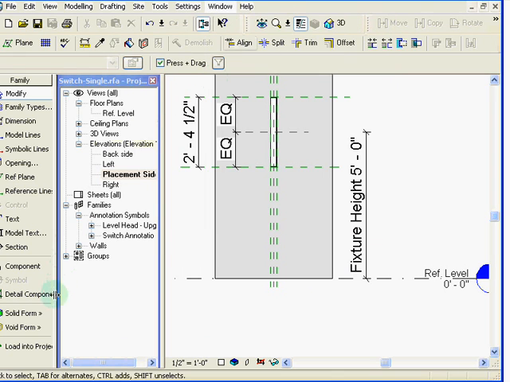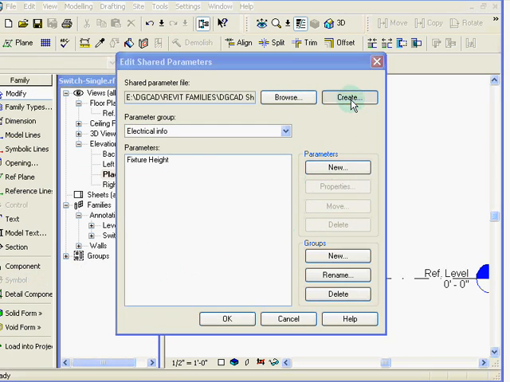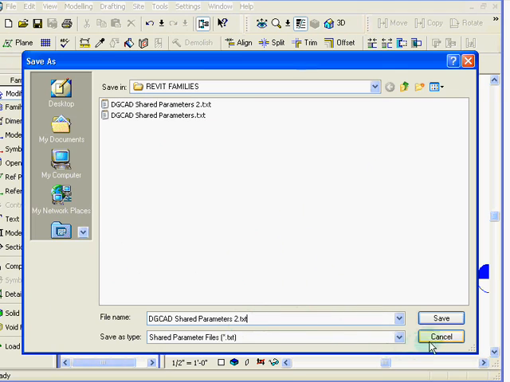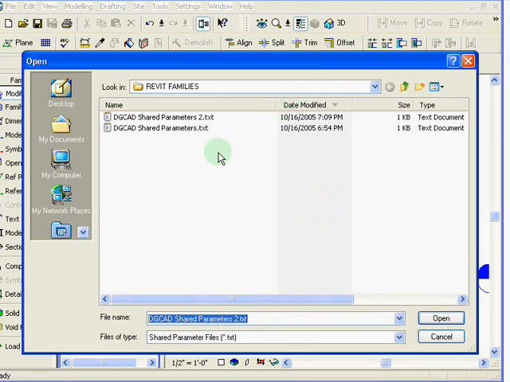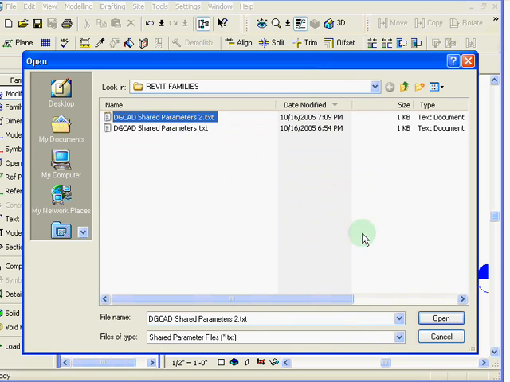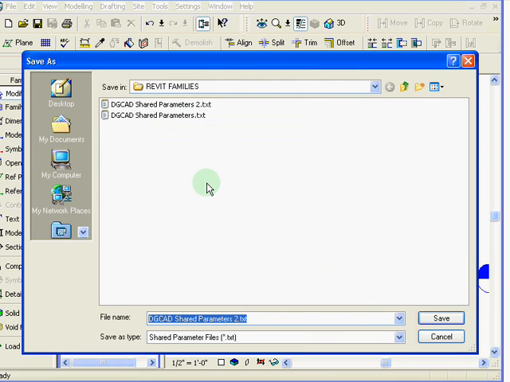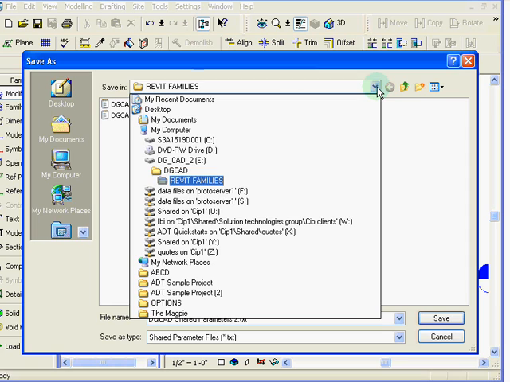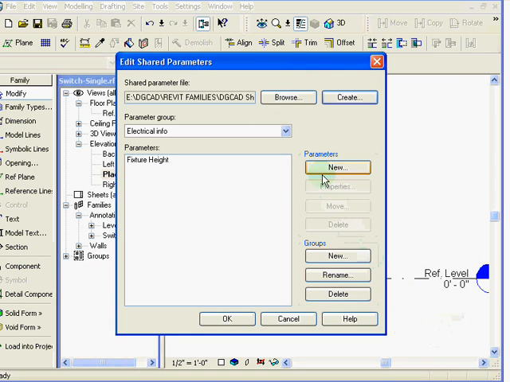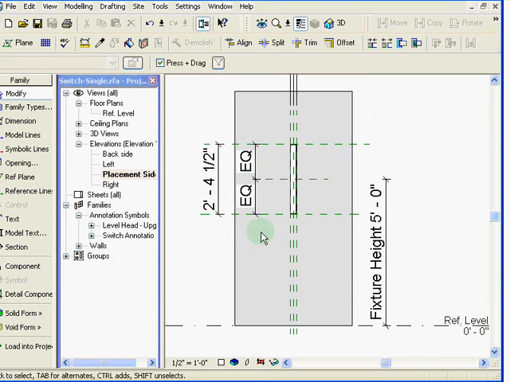And then you can perhaps create a new one. You could go in and go File and Shared Parameters, and you could create another one. Put a different name in there, and then maybe you would browse and map to that instead. Maybe I'll pick this parameter file. It doesn't have any groups in there. Browse here and pick this external parameter file, and it comes with these groups. I can go in and create another one inside of here, or I can go browse to wherever I want. Okay, so I can have different shared parameter files available to me,